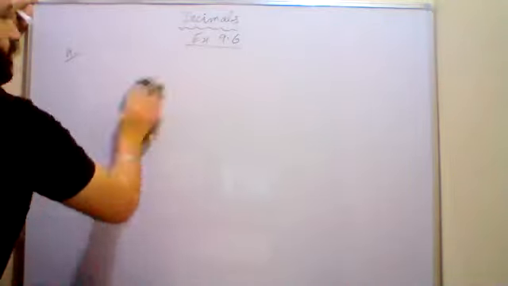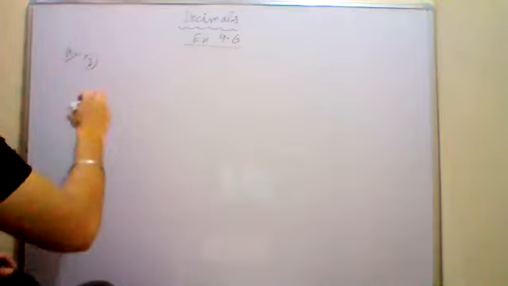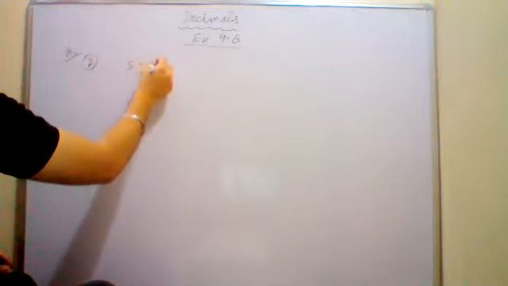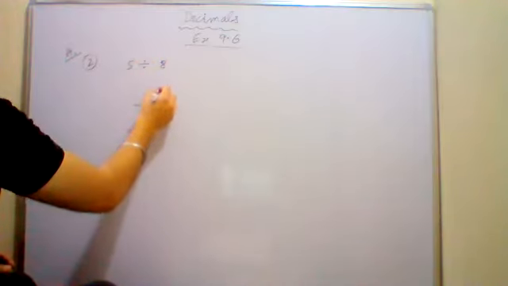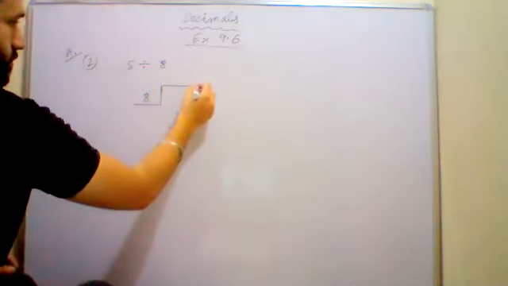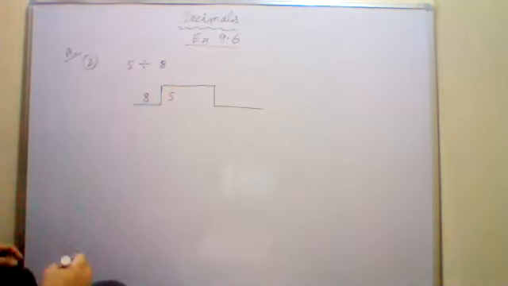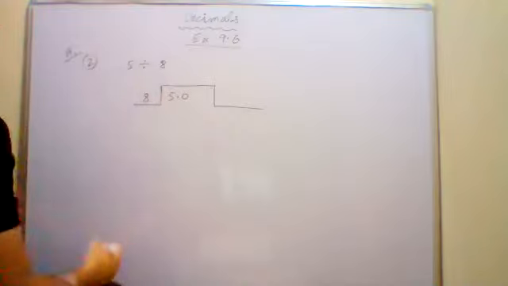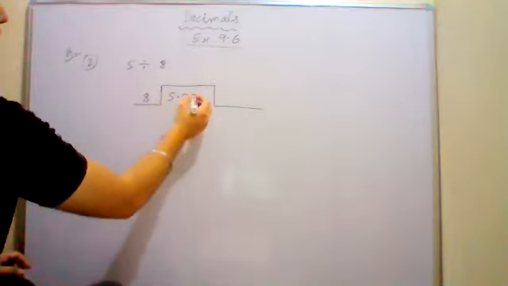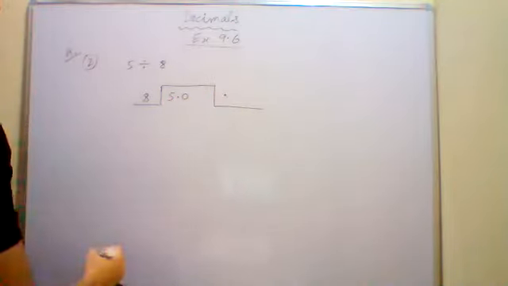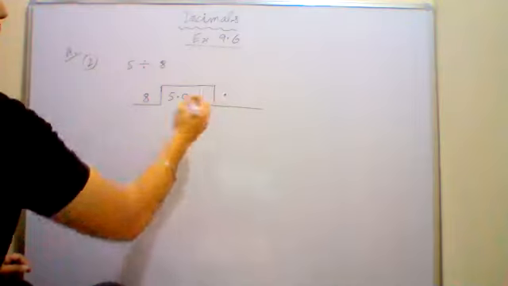Let's take one more of this type. Second question. 5 divided by 8. Again, the divisor is 8 only. So 5 is smaller than 8. What to do? First you write 5.0. Because 5 is smaller than 8, 5.0. Now, because you have written 5.0, you will straight away write a point in the quotient. In the quotient also write a decimal.